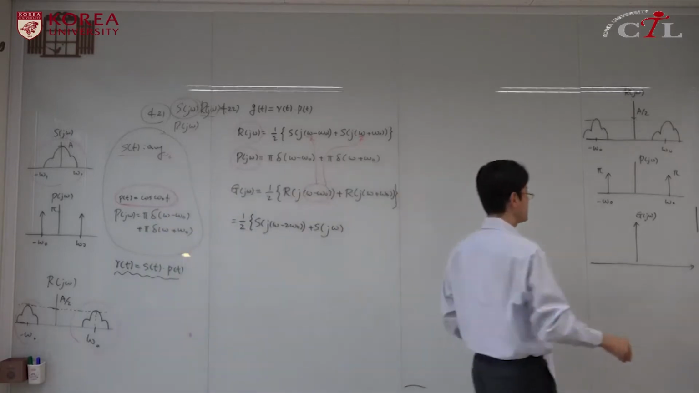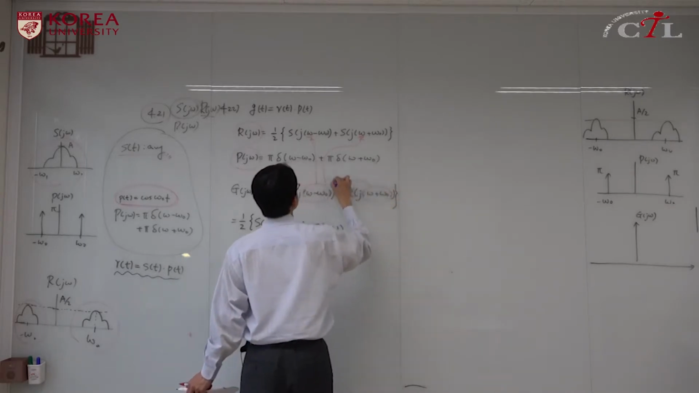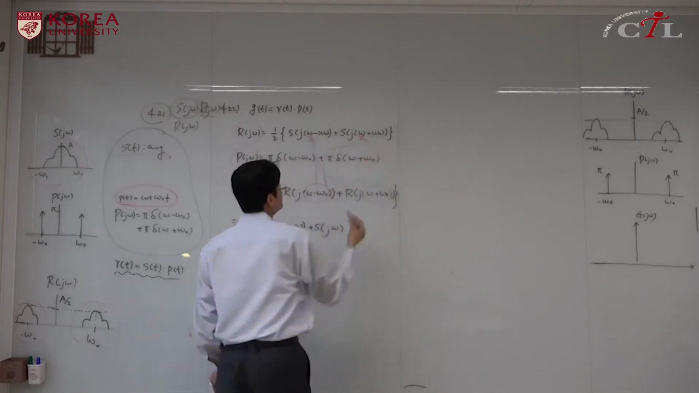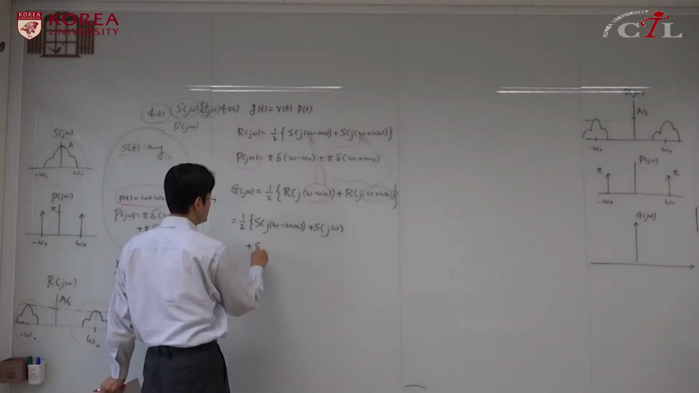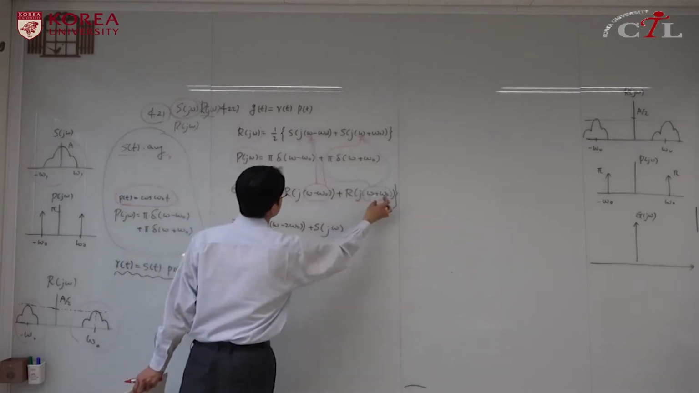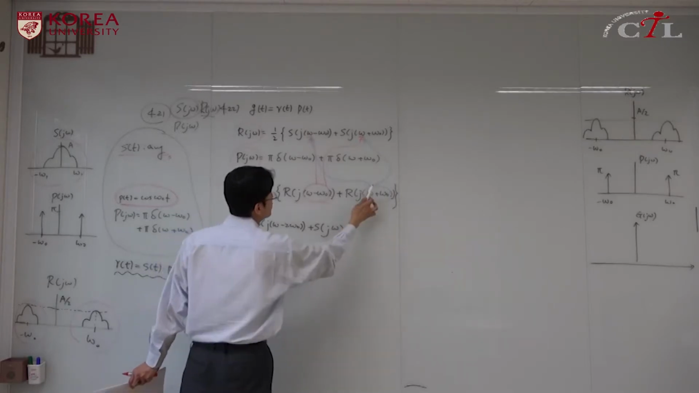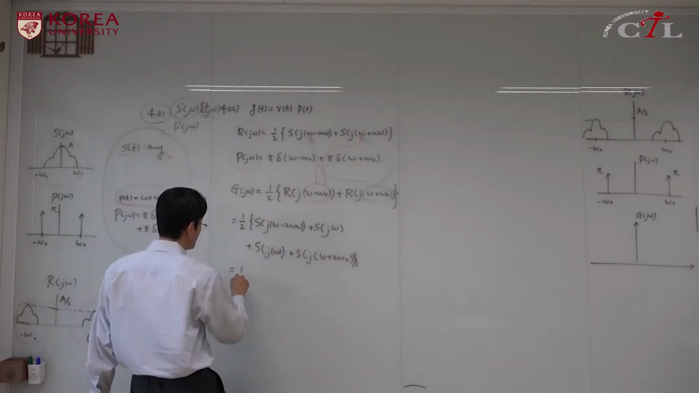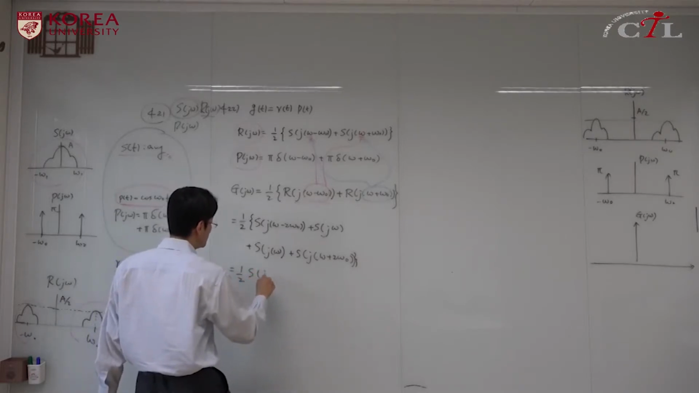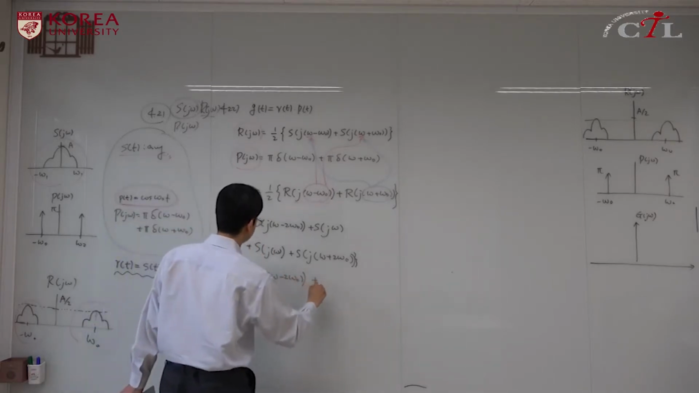Next time, I put this here and here. That will give S(j(ω + ω0 − ω0)). So ω, plus S(j(ω + ω0 + ω0)), ω plus 2ω0. So finally, half S(j(ω − 2ω0)) plus,